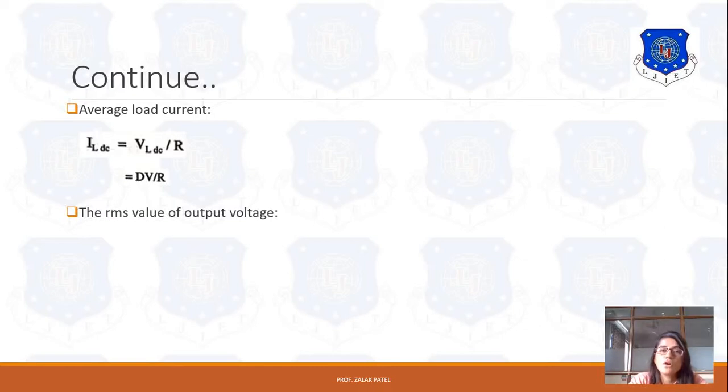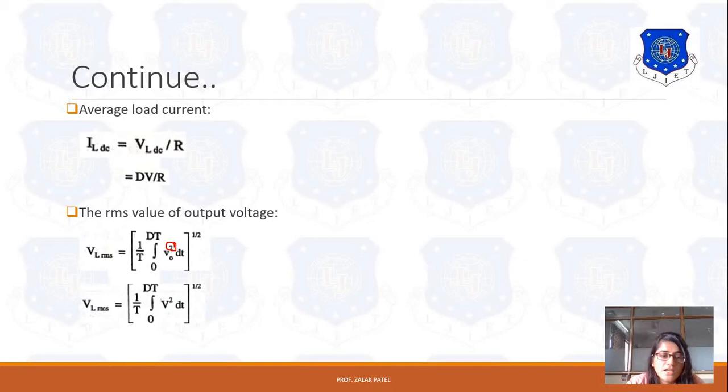Now the RMS value of output voltage. For the RMS value, you have to take the square of the voltage and then take the square root of that value, meaning V square raised to 1 by 2. So to calculate that, again 1 upon T integration from 0 to DT, but here you have to take the square of the output voltage, meaning V0 square dt, raised to 1 upon 2. So 1 upon T integration from 0 to DT, because this duty cycle time is nothing but the on time, that's why from 0 to DT times integration V0 square dt.